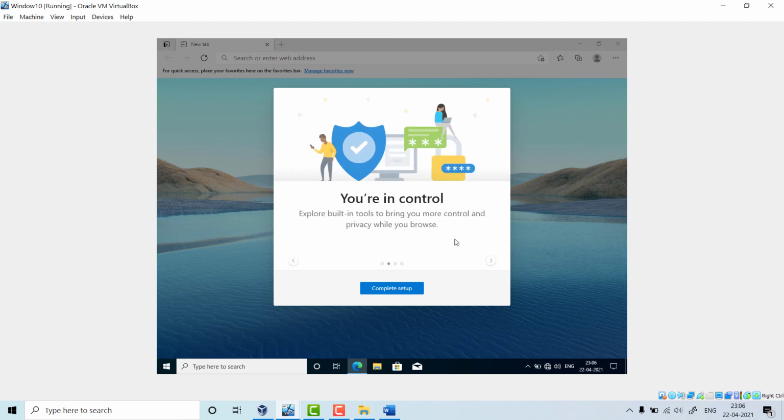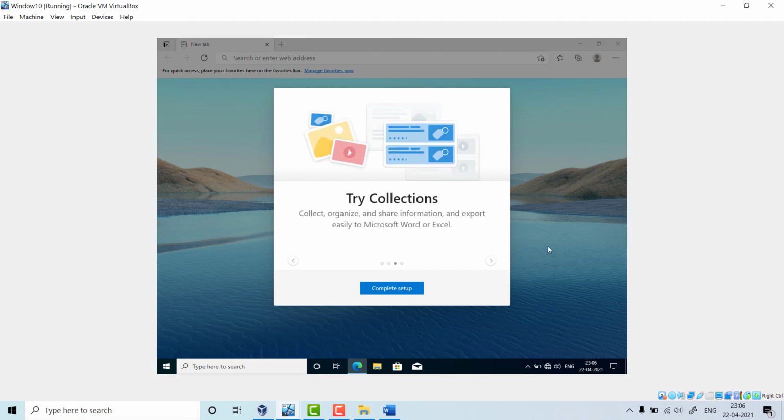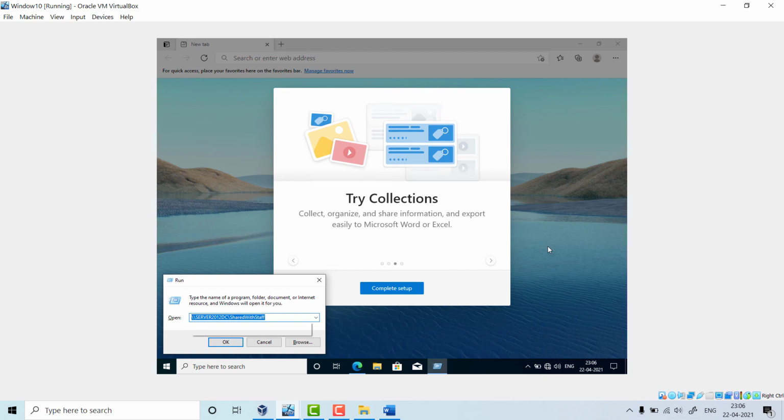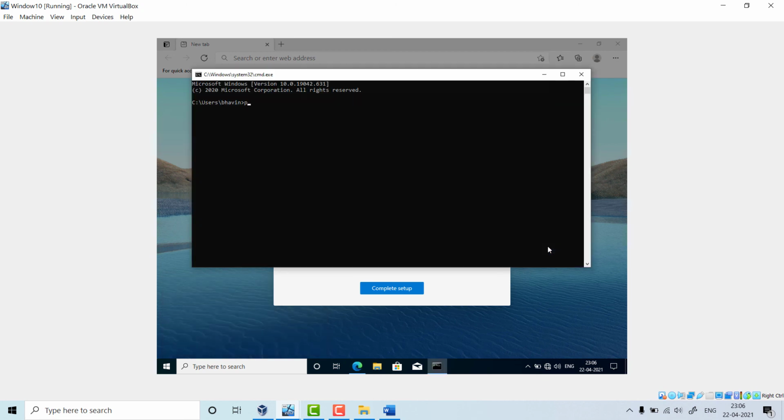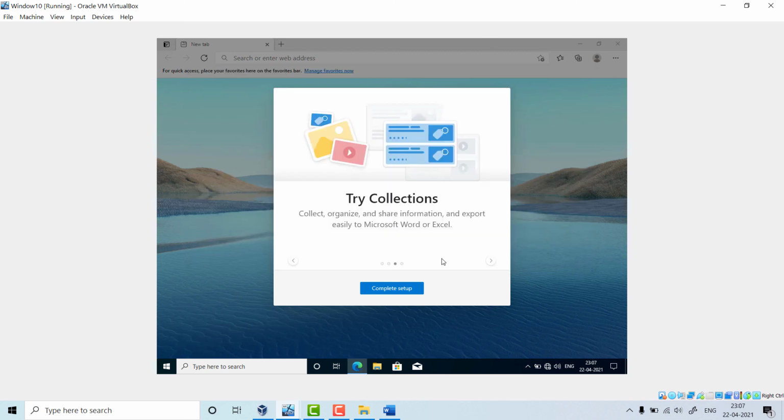Then only you will be able to do this, otherwise you will not be able to do this. To check that whether your client machine and server is connected or not, let us check that first. So I will ping the 192.168.8.1. This is the IP of the server. Yes, we are getting reply. That means we are connected. Then only you will be able to access the FTP server.